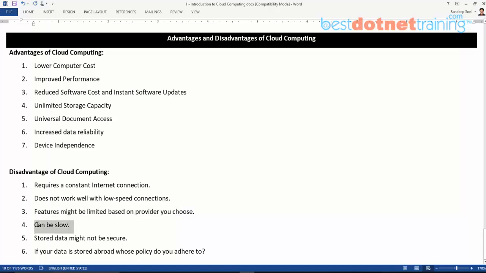Can be slow if not managed properly because it is shared among various users. If the service provider is not chosen properly or is not managing the resources properly in the virtualization, yes, it can become slow at times. Data might not be secured, but as I told you, service providers today have taken care of ensuring that no boundaries are crossed. And the most important point you have to take care of when you're talking about cloud is